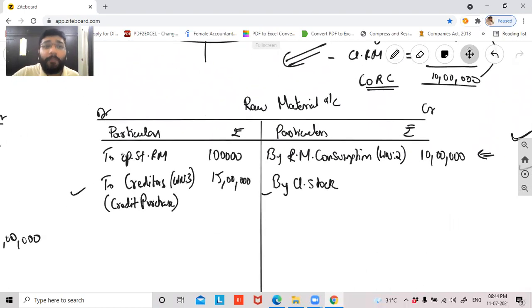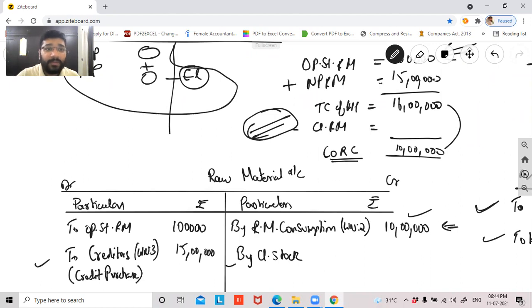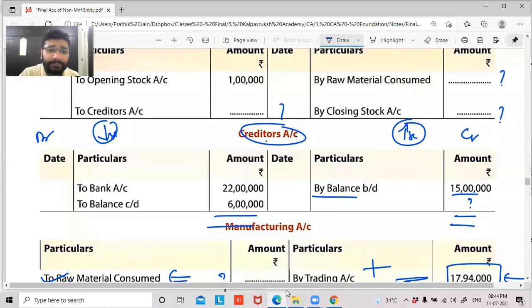Big deal. So this raw material account, the purpose of opening the raw material account is actually to find out the RMC. If I go in a straight way, I record opening stock, I record my credit purchases, and from there I minus the closing stock in order to get my raw material consumption. Guys, in the previous question, you did the RMC in the statement format. You can do this in another way. If you don't want to do this working within the manufacturing account, you can open a separate raw material account, record the opening stock, record the net purchases, record the closing stock. You will get the consumption. Record the consumption directly in the manufacturing account, the way they have done it here.